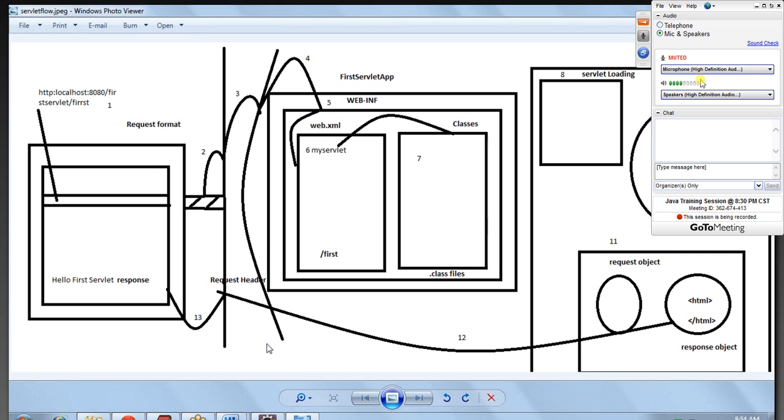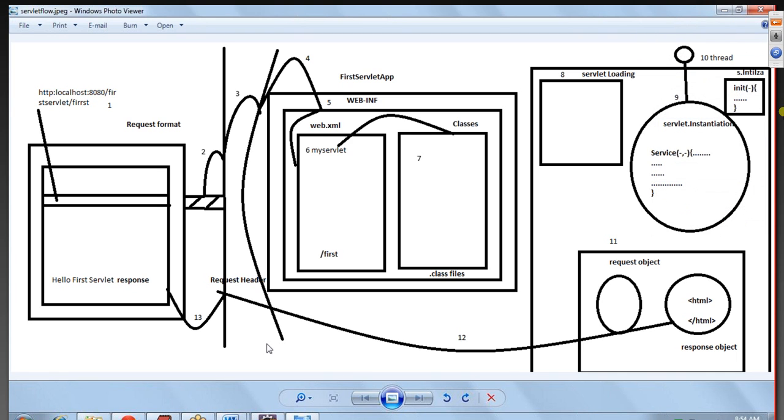For doing the instantiation, the container will access the servlet and call the servlet service method, and before calling the service method, the instantiation is done by calling the init method and creating the servlet config object. And in order to do that we have to call the service method, since the service method is sent back the